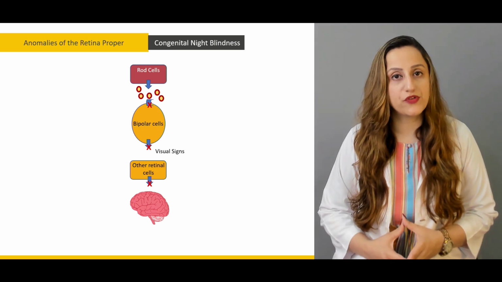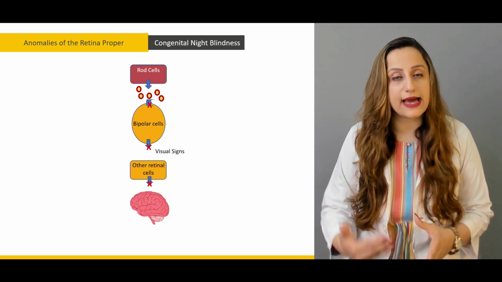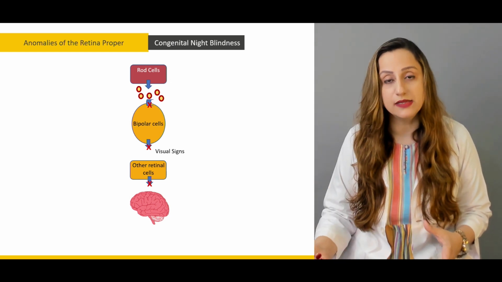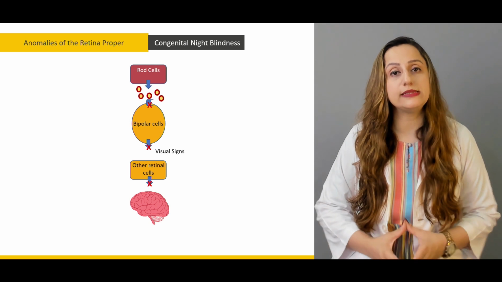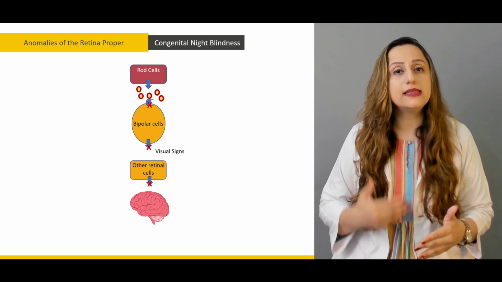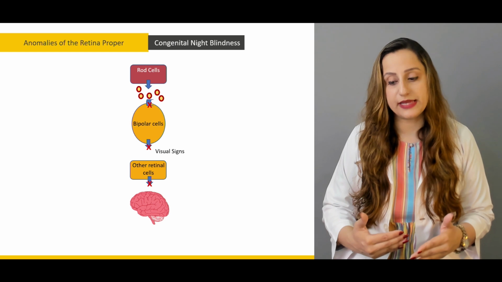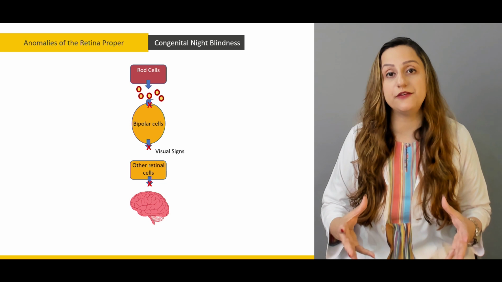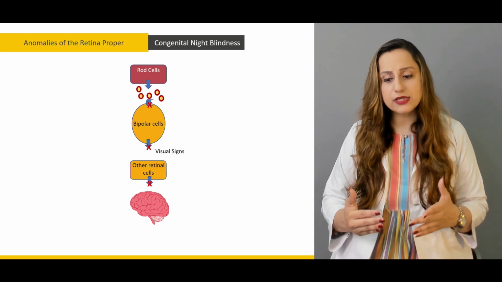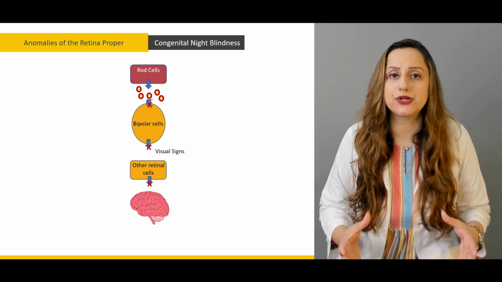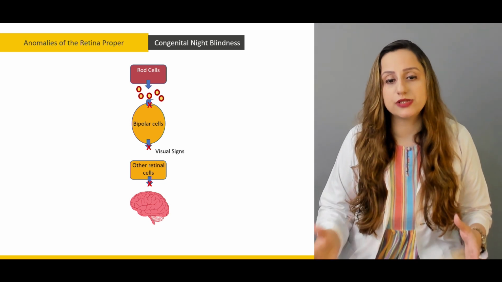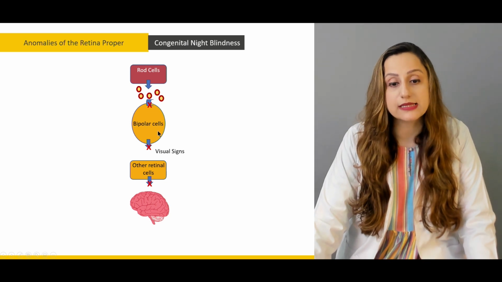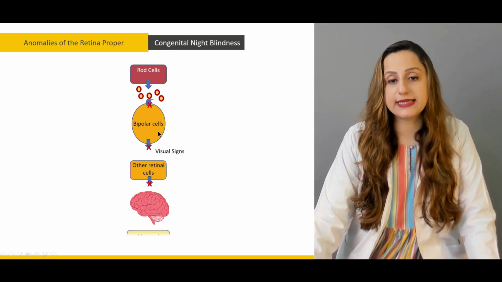Basically, what is happening over here is the rhodopsin is activating the PDE cycle, that is the phosphodiesterase cycle, and that is basically closing the calcium channels. When there is a lack of the cellular calcium levels, that is basically responsible for the dim light that is perceived by the brain. Now, whenever there is a genetic mutation in the photoreceptor, the rod cells, or at the level of the bipolar cells or the retinal cells, the visual signals would not be sent